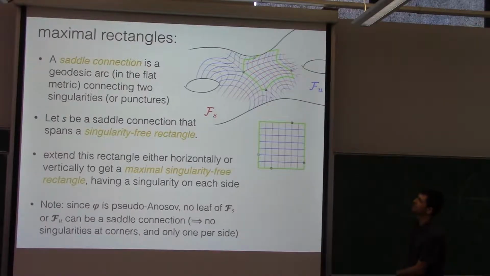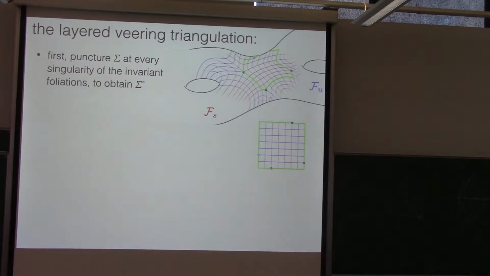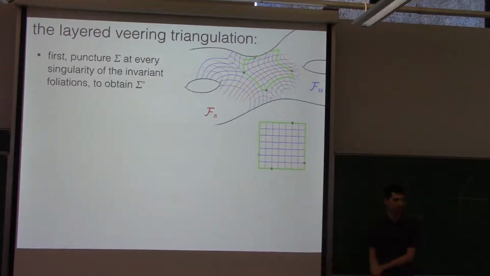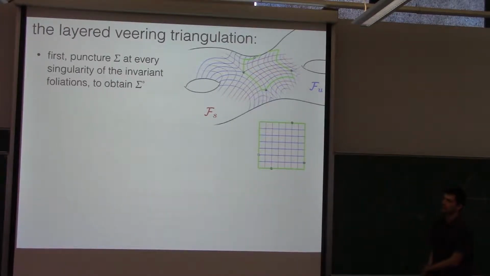So what we're going to do next is construct the veering triangulation, the layered veering triangulation, I should say. And so I should say this construction, the original construction of the veering triangulation, is due to Agol, and he had a very different construction. He used train tracks and splittings, if you know what those are. And this is actually the construction that is used in Mark Bell's program, Flipper, which he mentioned briefly earlier in the week. The construction that I'm going to show you is one by Gueritaud that he did, I think, in 2013 or so,